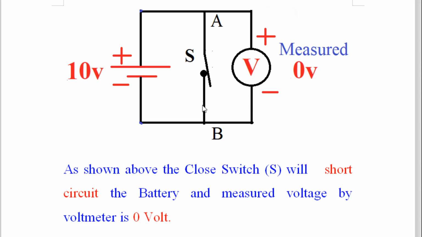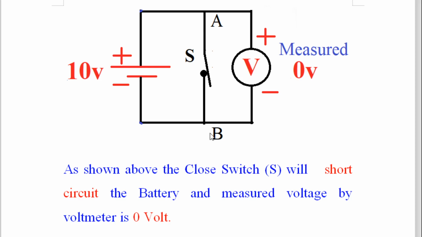Now these two terminals are short circuited, therefore same potential is here and same potential is here, and therefore potential difference will be zero. Whatever potential is here, same potential will be here because these two terminals are electrically short circuited. And if you measure the potential difference between the two terminals, which have the same potential, the difference will come zero. And potential difference is nothing but the measurement of voltage. And that's why voltage is always zero between two short circuit terminals.